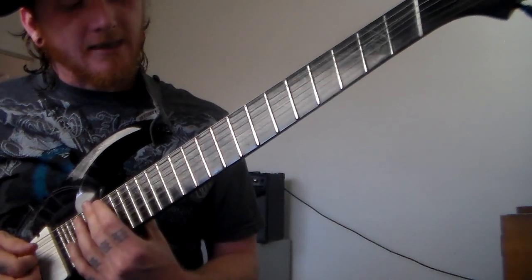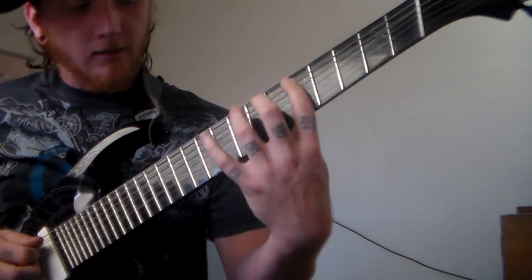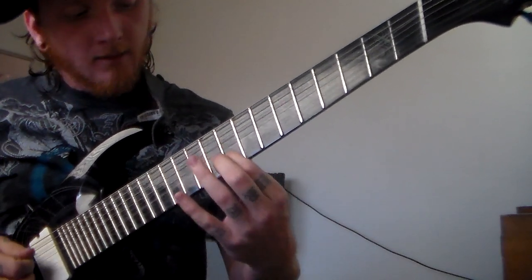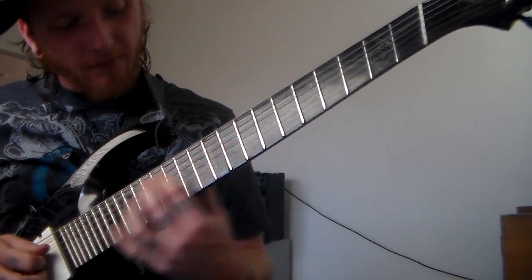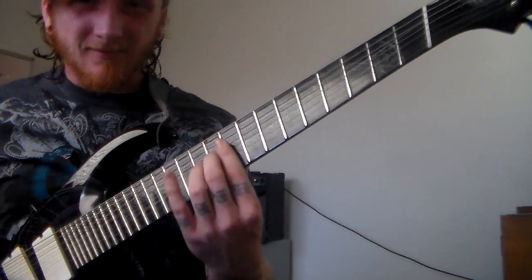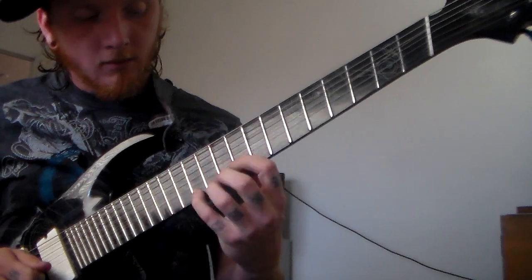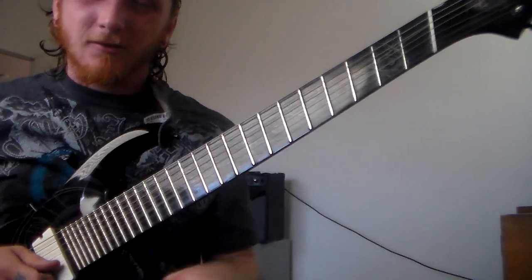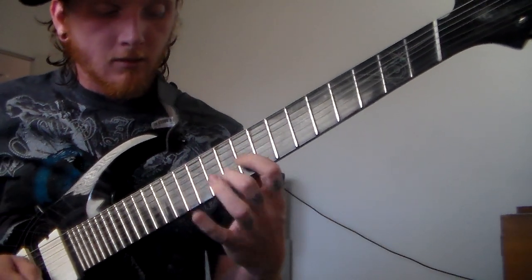So here, let me explain that second half of this. So this is 1, 3, 5, 1, 3, and that would be 4, I guess. So these are all just decorated minors. That would be an 11, and then when I get back, that's the 9. I wouldn't tack on all those extensions because they might sound dissonant and weird, but...